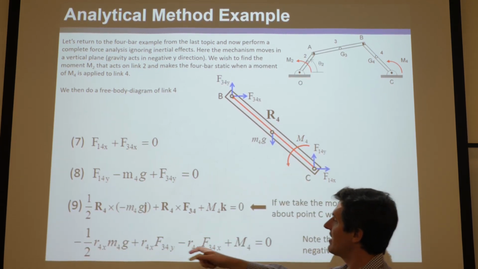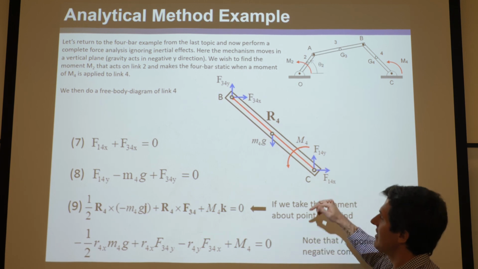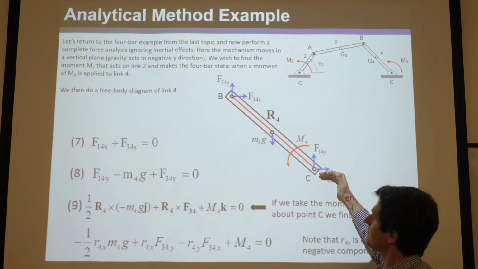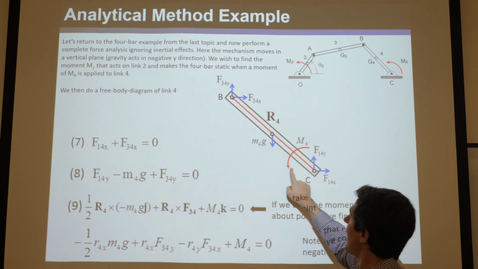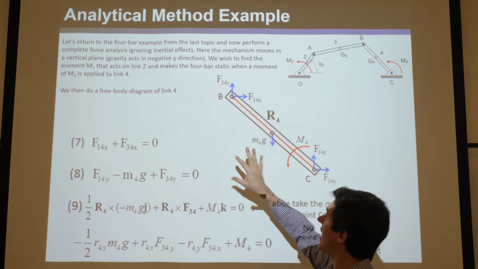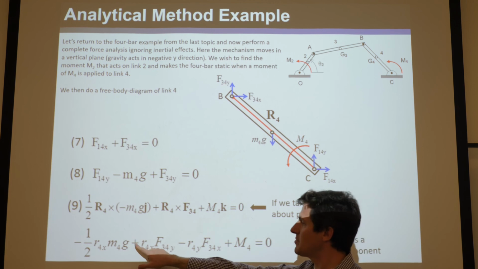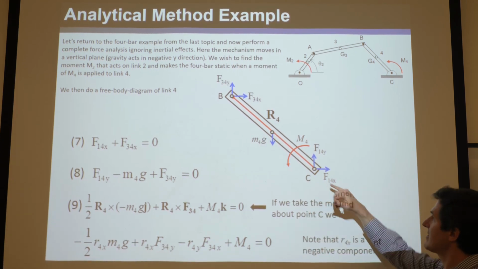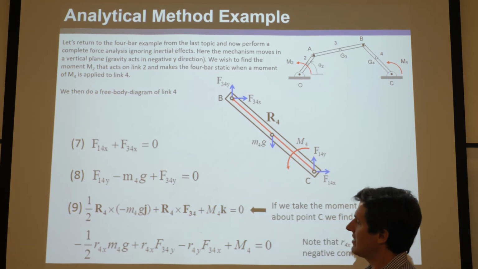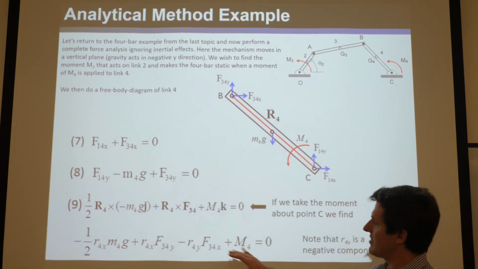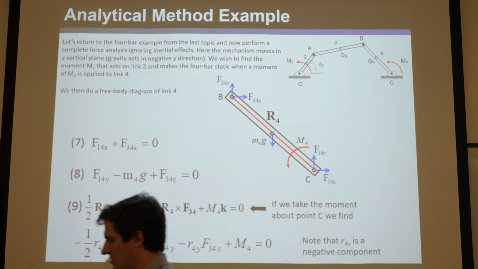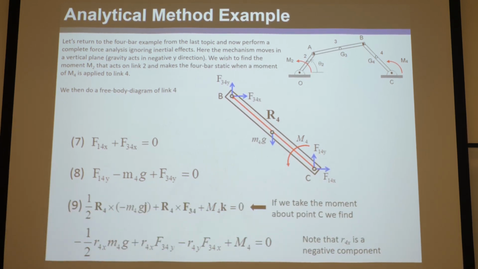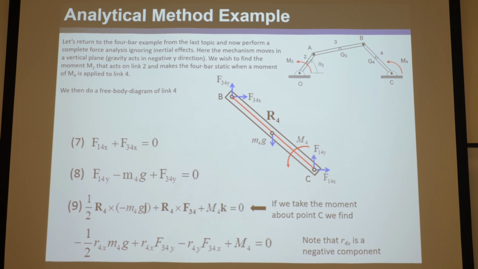And same thing here, R4x times F34y is basically that distance times that F34y. That should be negative, but it shows positive here, but that's because this is a negative number. And when you plug that in, because this is a negative value in the negative direction, that'll be positive. So now this is right, and so everything's right. Stick to the sign convention, and you'll be good. Okay, so great. So we just got 9 equations